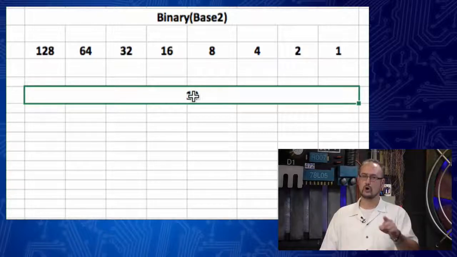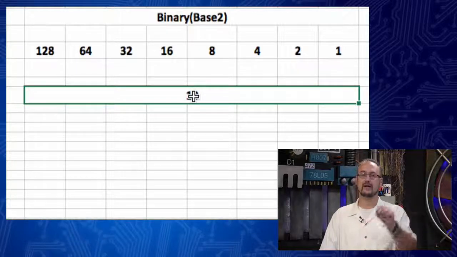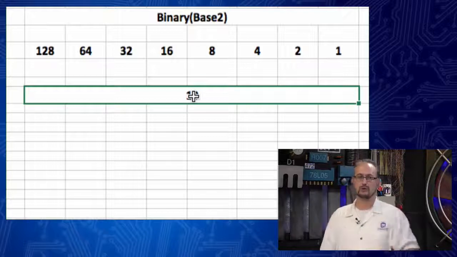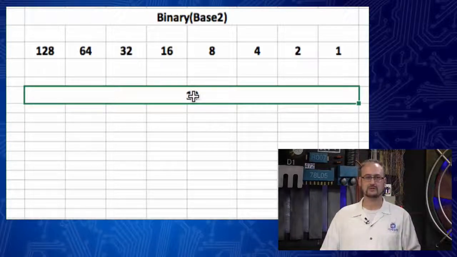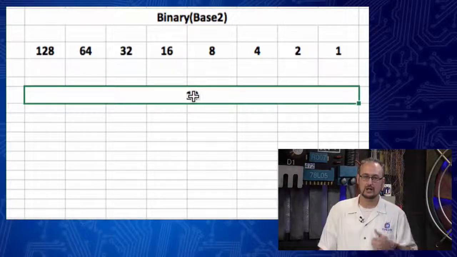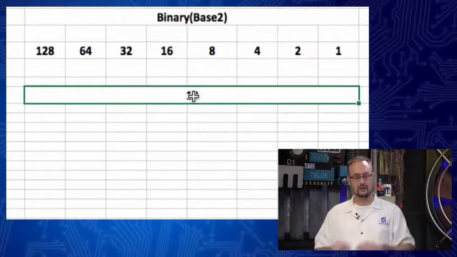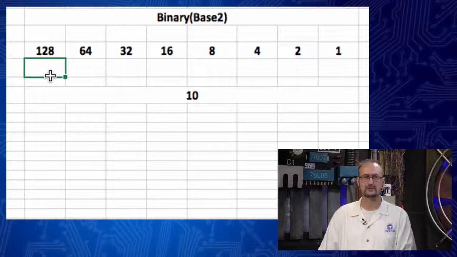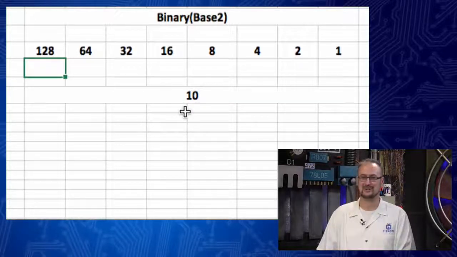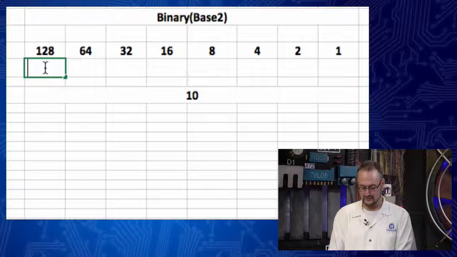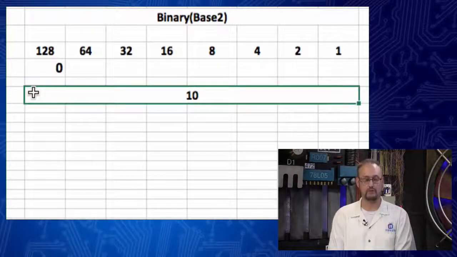You work through each place value, subtracting all the way to the right. There are no remainders in this conversion, so if you get a remainder, which I have on many occasions, having learned how horrible my math is, go back and recalculate it. So let's do that. If you look at the very first octet, if I take this decimal value 10 and try to subtract 128 from it, with no negative numbers, it doesn't work that way. Unfortunately, we can't use that place value, so this becomes a binary 0.